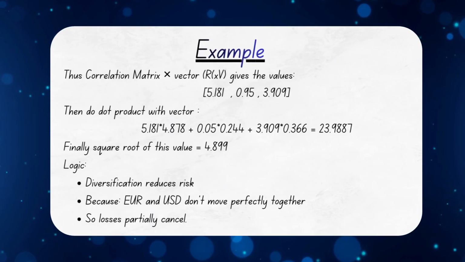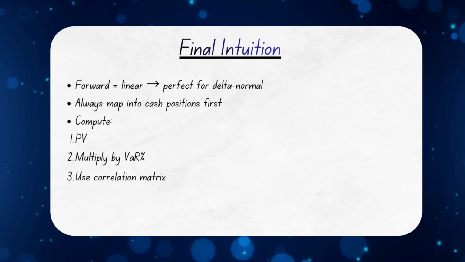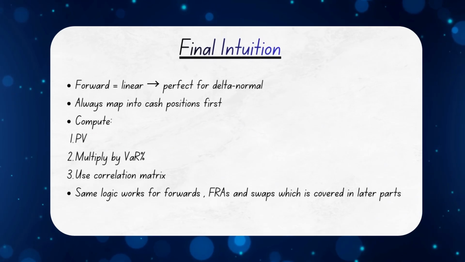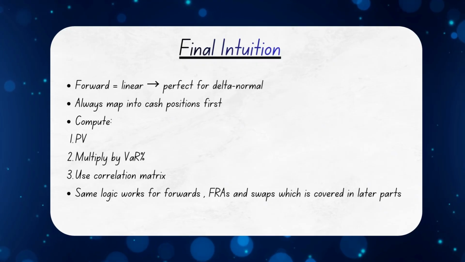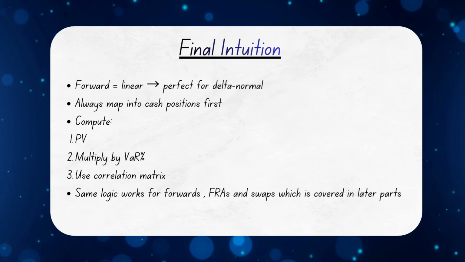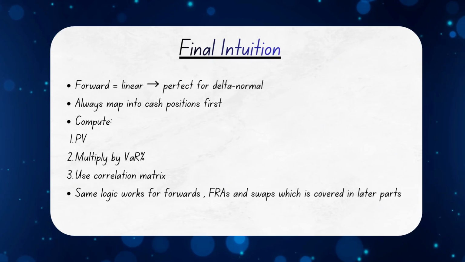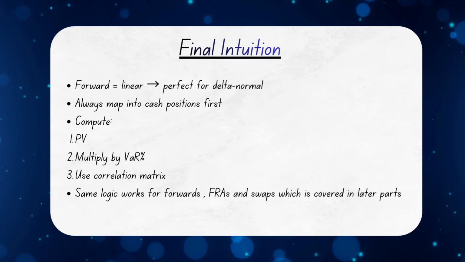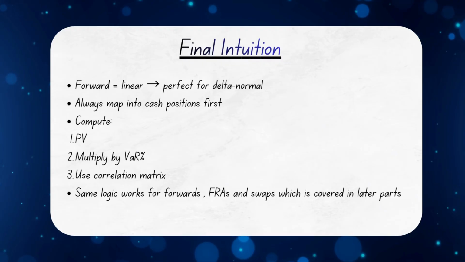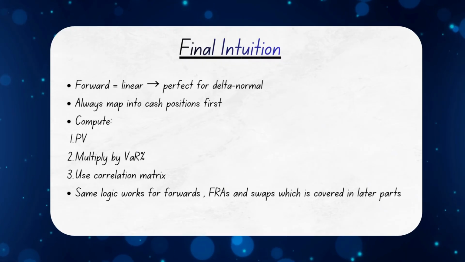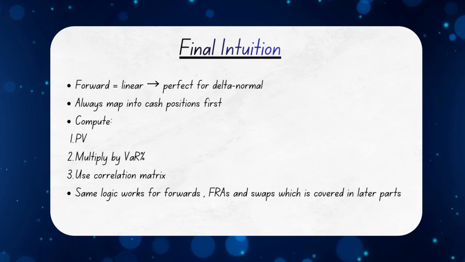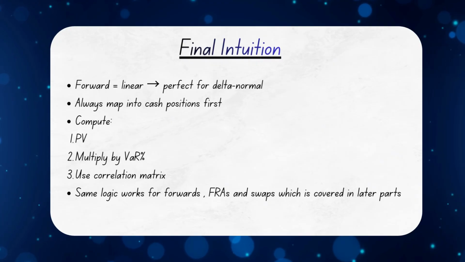Let's wrap this up with the big picture intuition. Forward contracts are linear instruments, which makes them perfect for Delta-Normal VaR. Always start by mapping the trade into simple cash positions. Then calculate present values. Multiply each by its VaR percent. After that, apply the correlation matrix to capture diversification. This exact same logic works for forwards, FRAs, and swaps too, which is covered in our later videos. So once you understand this workflow, you can handle almost any linear interest rate,